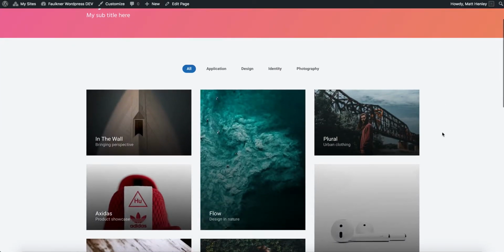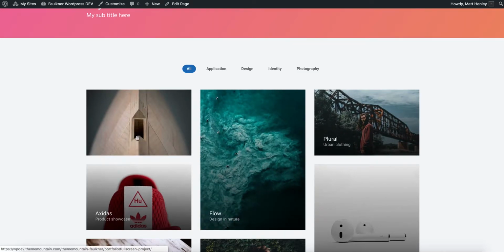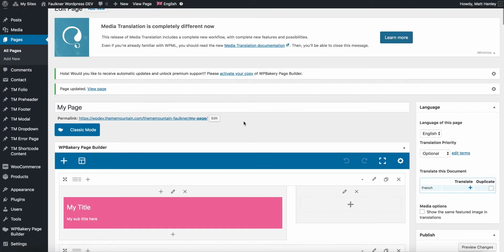And that looks pretty neat. As we can see, we have a gradient here, a little bit more black at the bottom so that the title and description is visible. Now that we roll over, the image scales in and the overlay fades out. So pretty neat. And the last thing I'm going to show you here